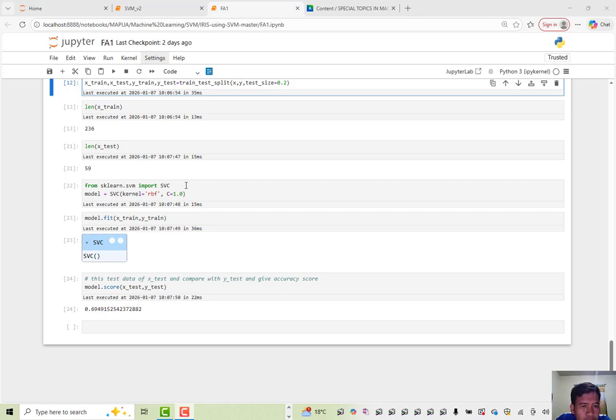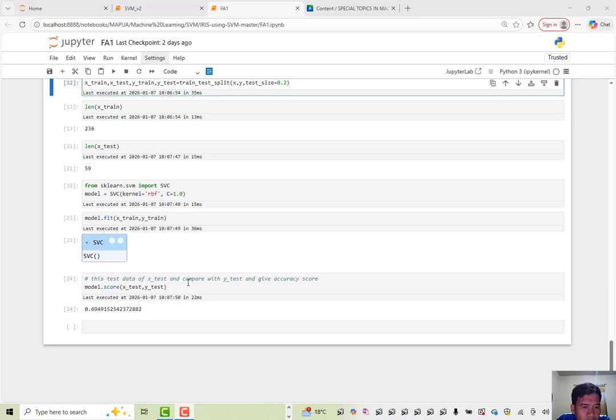I first load the essential library for the classifier, then I created the model and specified some parameters like RBF, the default parameter for kernel, and 1.0 for C. Then after loading the model, I trained the data using the fit function.